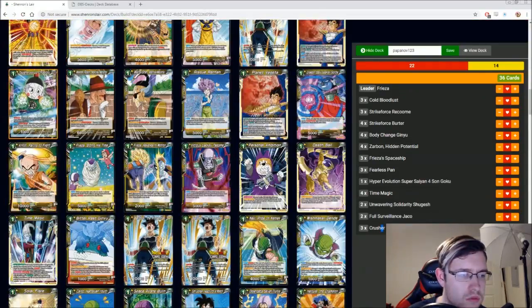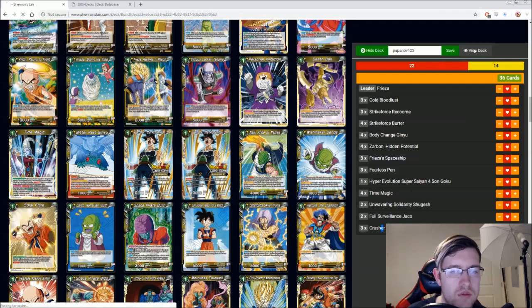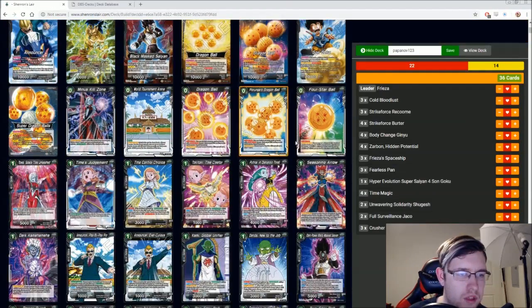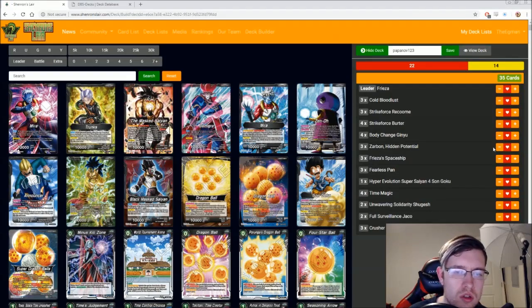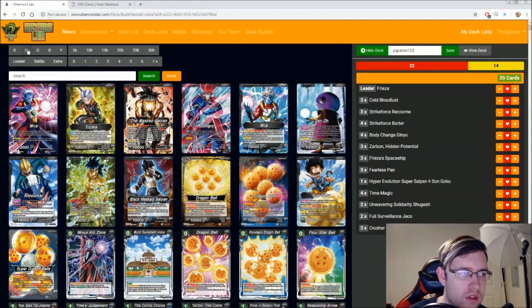Man, I wish Solar Flare was better, because it just says specifically yellow cards energy cost 2 or less. If it was any color cards, then we could give it to Zarbon, and that'd be really nice. So also, I think running 2 or 1 Shugesh is fine. Alright, so I'm going to put Zarbon down to 3, and then also just for consistency's sake, I think